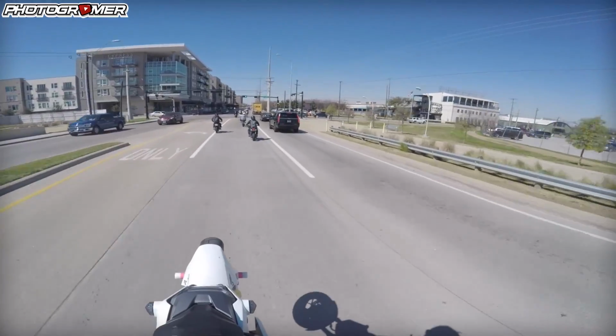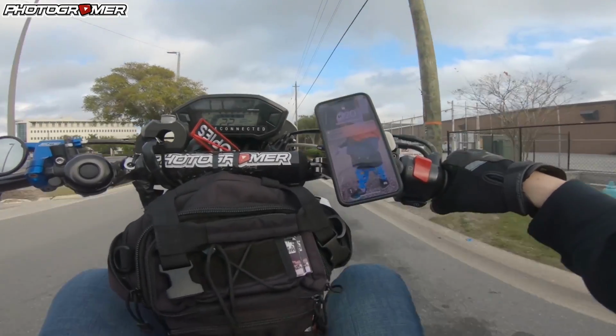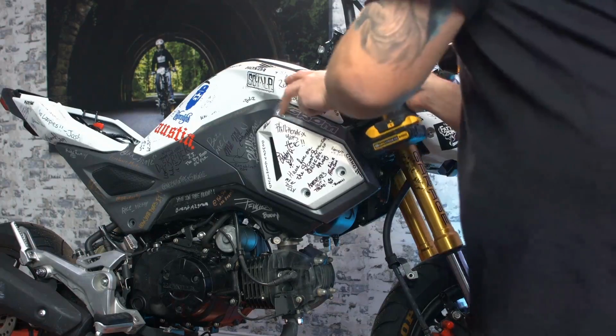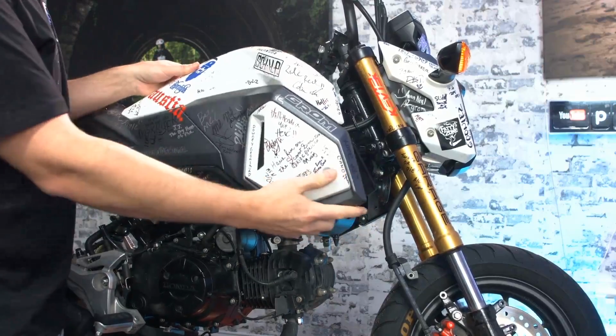After much consideration, I've decided on which type of theme best suits my riding style. Stunt Grom. After over 3 years of riding the Honda Grom, I've realized that stunt riding is my favorite type of riding and build style. So I'm tearing down this Grom, removing all the plastics that contain the signatures from the Coast to Coast trip,